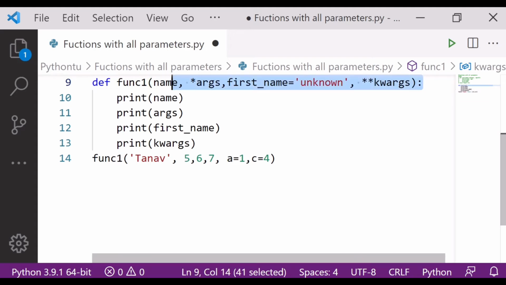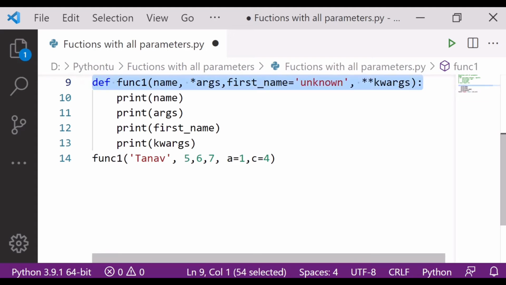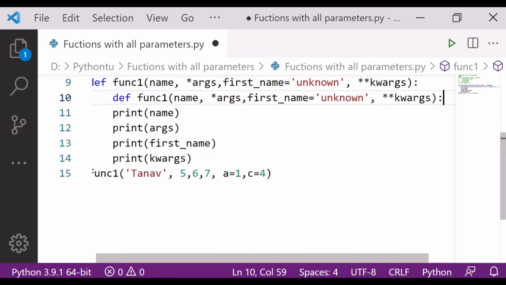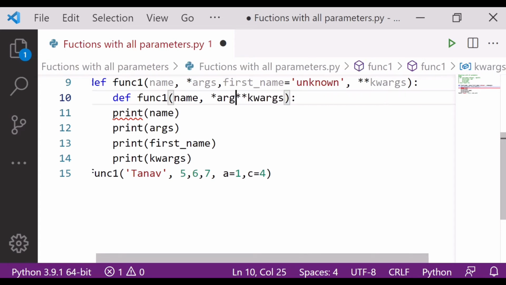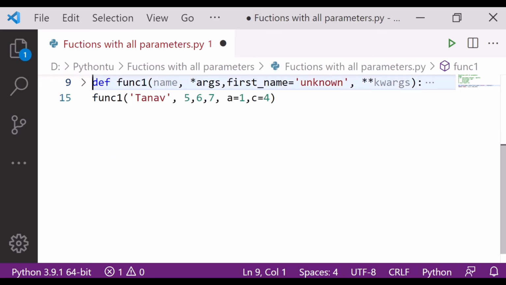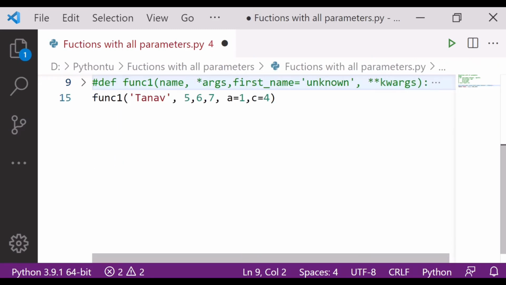I will simply copy this with Control C, and paste it again. Let me delete. Great. Let me make this one.